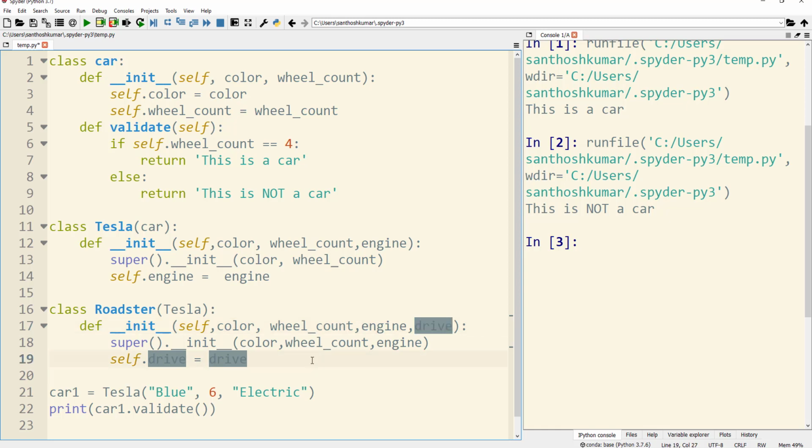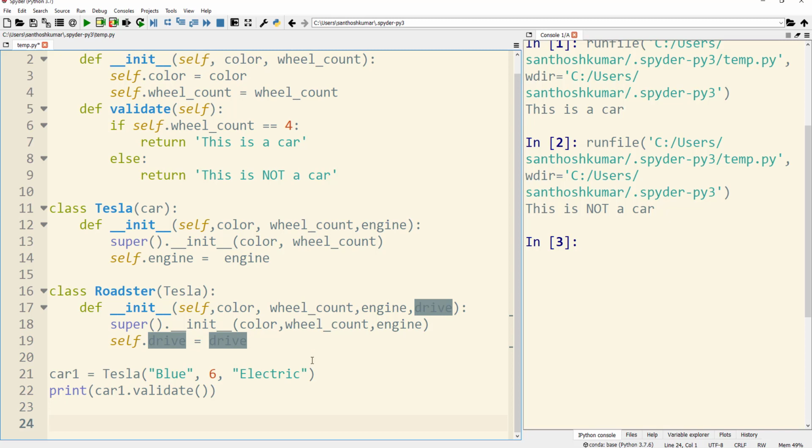So here Roadster is the child class of the Tesla class, which is already the child class of the car class. This is an example of multi-level inheritance. To demonstrate that, I am going to create an object by name car2 for Roadster.